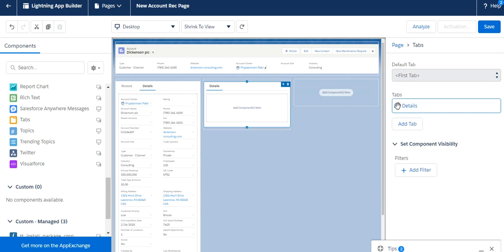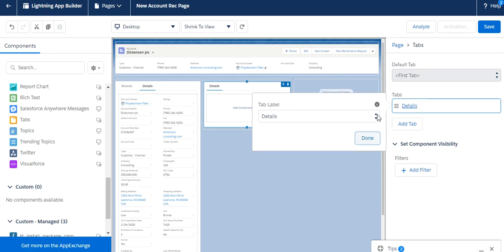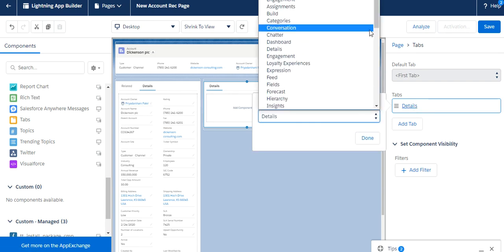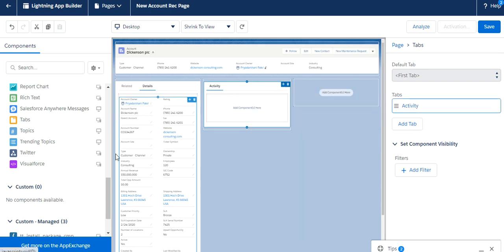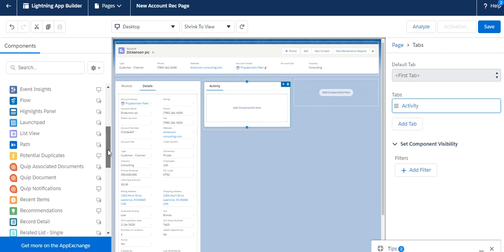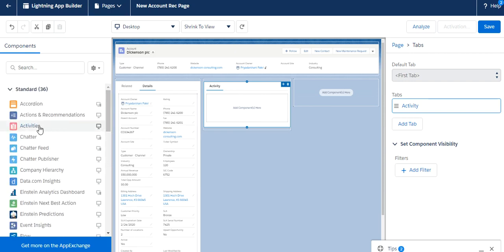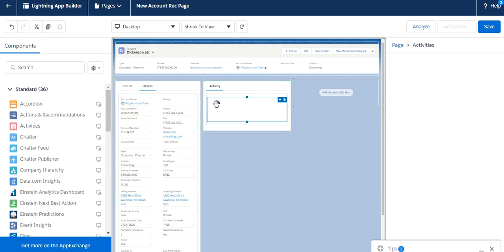Just change the name. I want to add activity here, so let's add activity here. Activities.